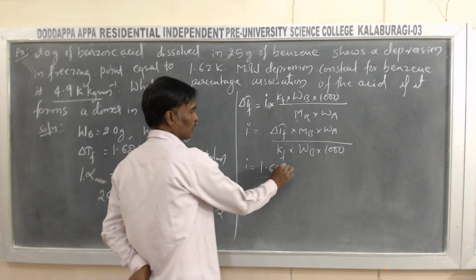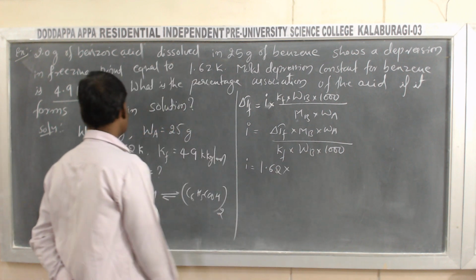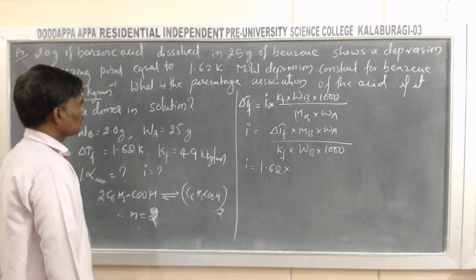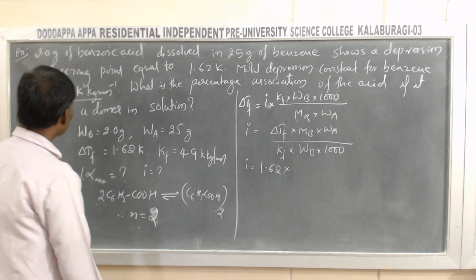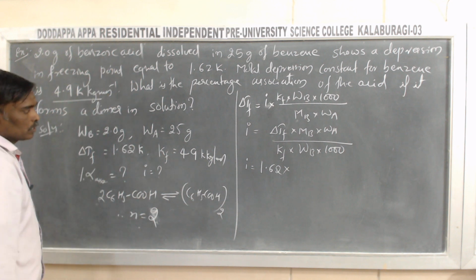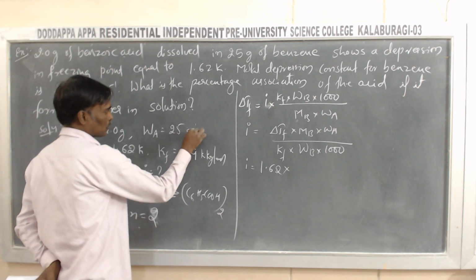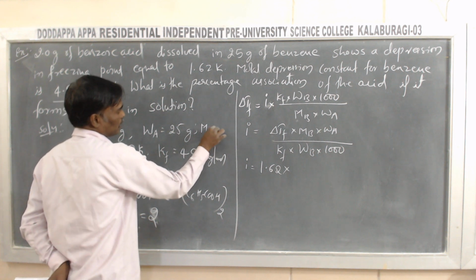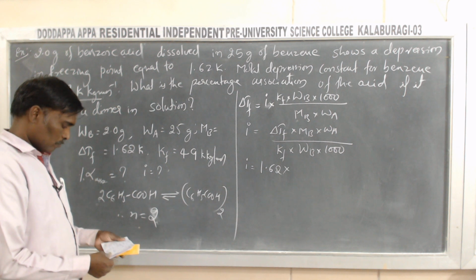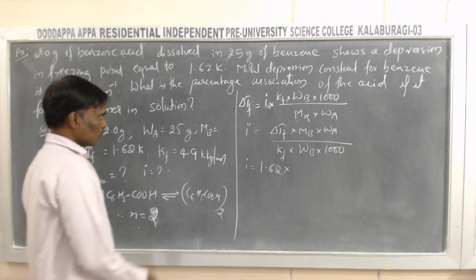Depression of freezing point, Mb, the molecular mass of benzoic acid. Okay, so the molecular mass of the solute. The benzoic acid formula we know is C6H5COOH, and its molecular mass, if we add all the atomic masses of all the elements, we get as 122 grams